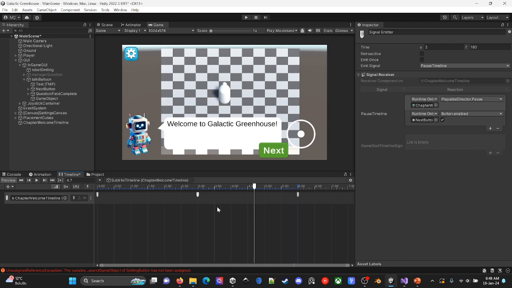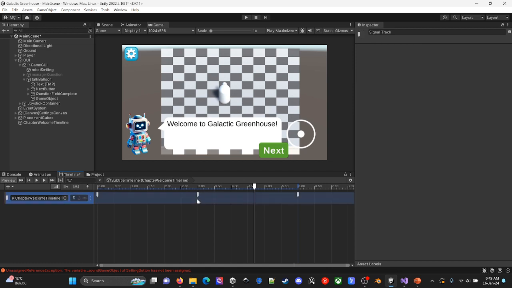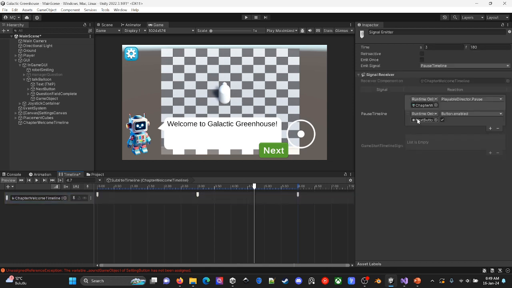So I'm only thinking about using these signal emitters for this section, and right now I'm trying to implement this. I'm trying to play with this and learn these things, and as you can see in my chapter welcome timeline, which is this thing,